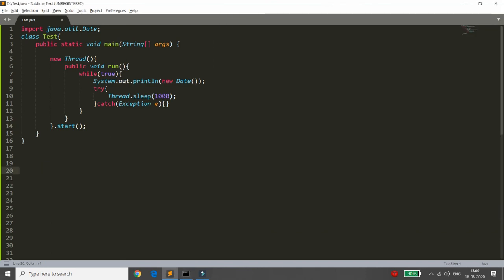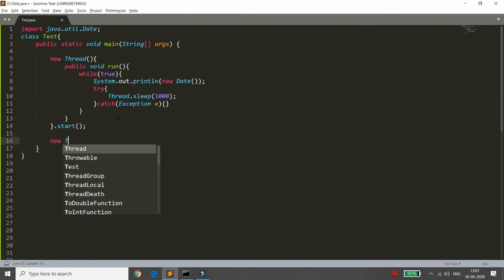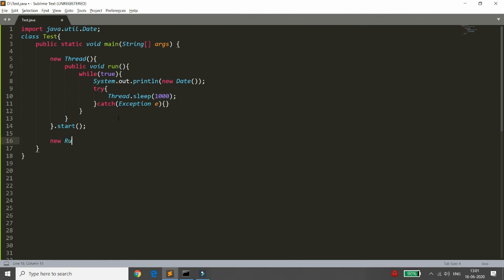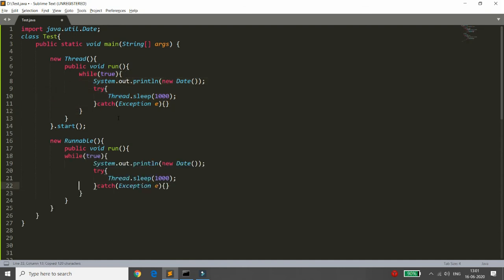Let me write, suppose you call here new Runnable, and then you can simply call public void run. Here again you can print a message, but I just want to print the message Java is interesting.